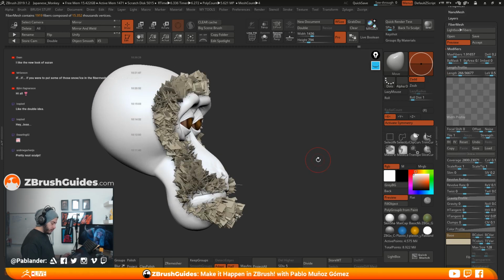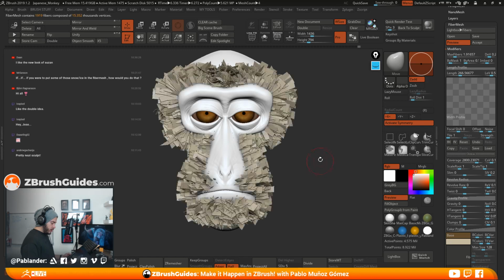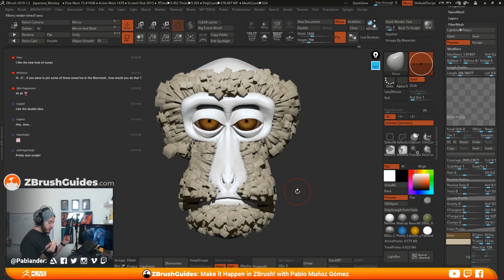Okay. So I think that's looking alright. Let's just do a quick render, and ZBrush is gonna render this plane as thick cubes, right? So that's, I mean, if you want to go for this type of style, actually I don't mind it. It could be an interesting look, but you'll see that ZBrush is rendering each fiber that was a